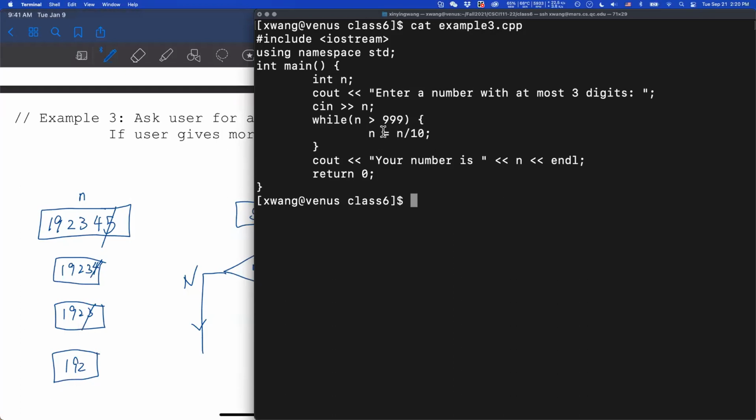And 192 is less than 999. If your number is less than 999, it won't go into the loop. So you finish the while loop here and move on to the next instruction, since the answer to our yes/no question is no. Since 192 is less than 999, we just move on.